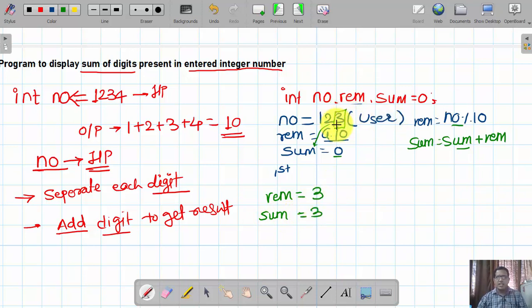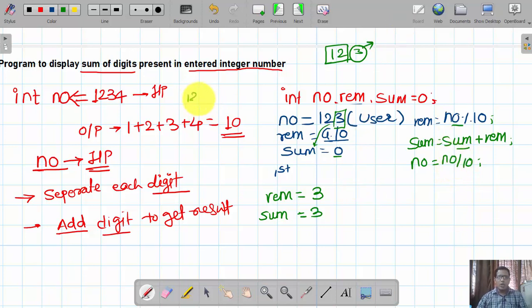So the first digit we have separated from the number. Now for the second one, as we know the entered number is 123, out of that the 3 we have extracted. Now I am interested in the next two digits, that is 12. And to obtain these two, what am I going to do? I am going to do a simple division. That means I am going to divide the number by 10.